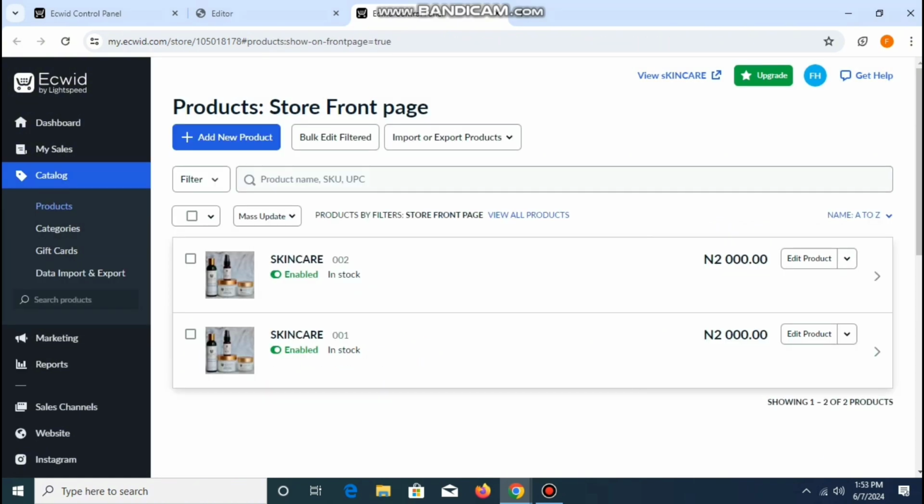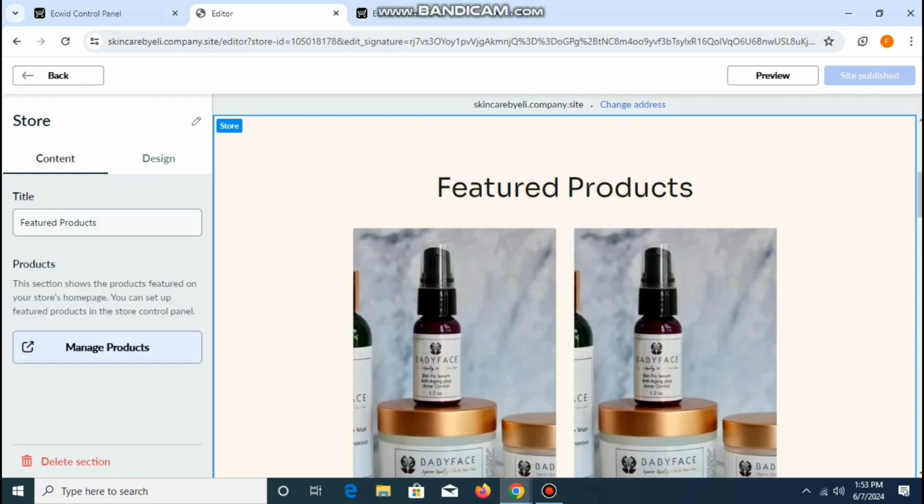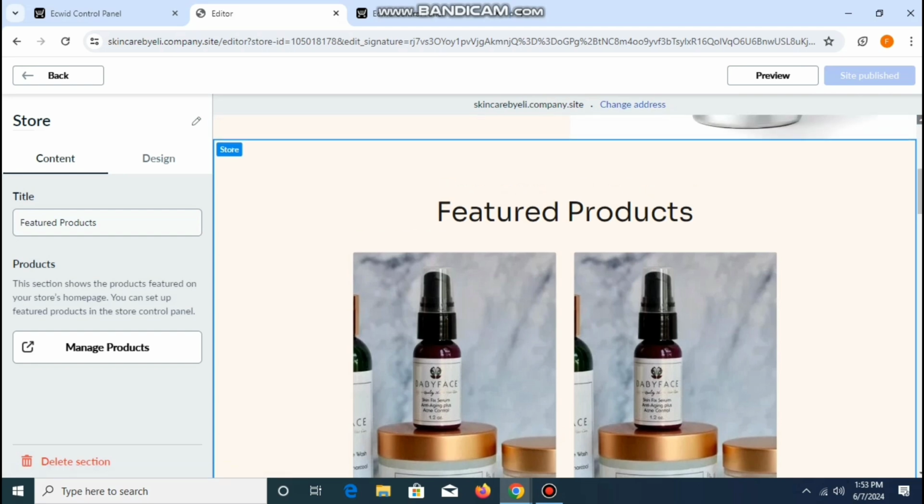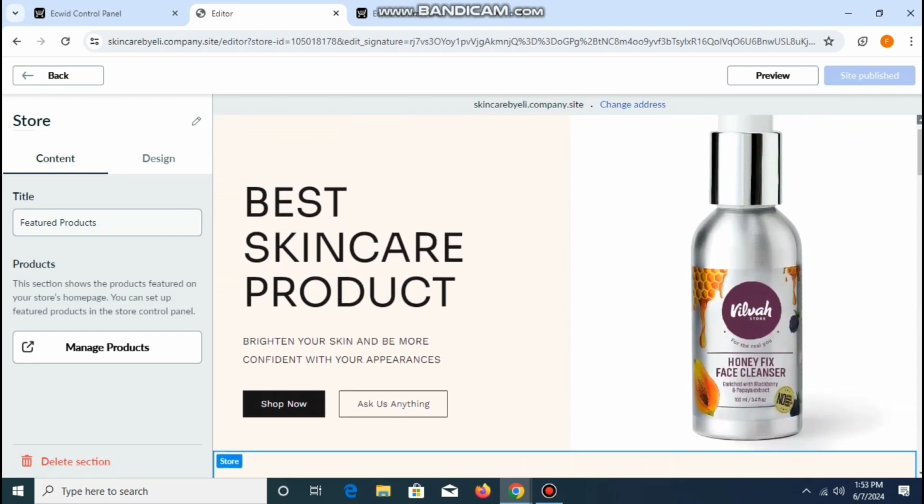I think these two are okay for now. You can add more products if you want to. After adding the product, the next thing you've got to do is just to come back to the store. That's you come back to the previous tab and then it will redirect you back to the store, right? So this is it. You can see if I should scroll up,